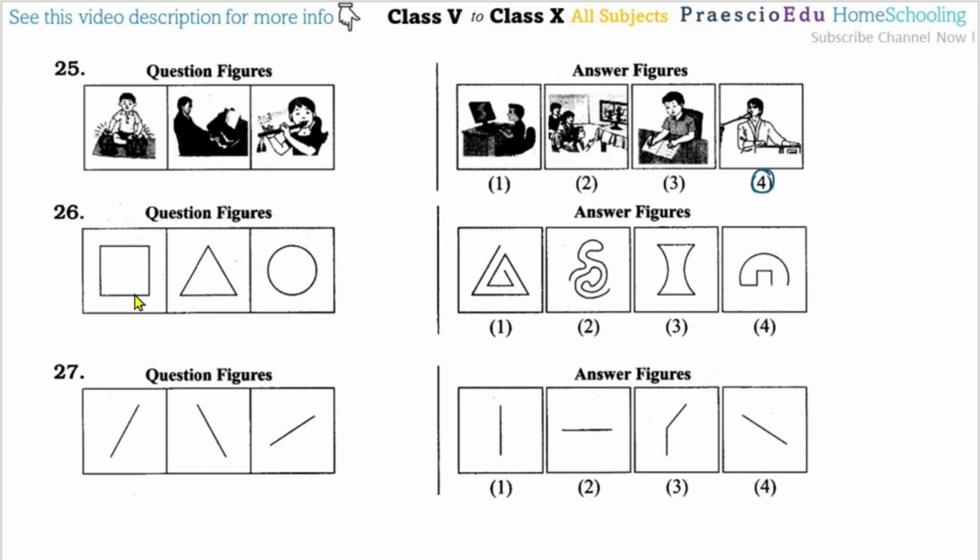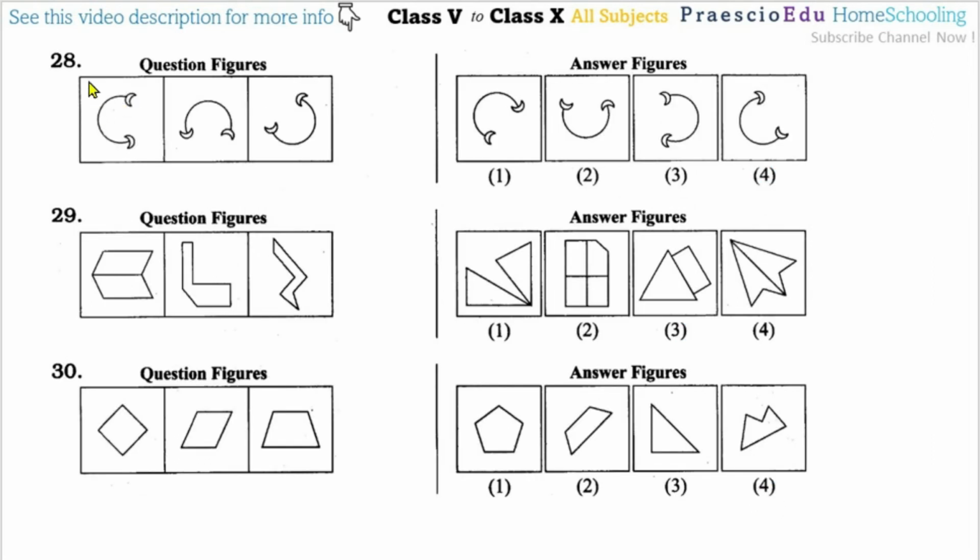Then question number 26. These are closed shapes, so the closed shape is given in the option. Then question number 27. This is the slanting line, and the slanting line is given in option number 4. Now question number 28. If you observe the question figures, all 3 figures are the same, only the rotation or orientation is different. To match, the line comes from this one and meets at the outer concave shape, and here the convex shapes. So option number 2 perfectly matches this question figure.